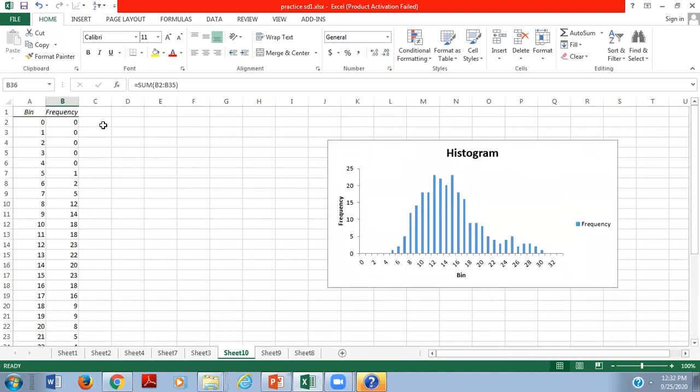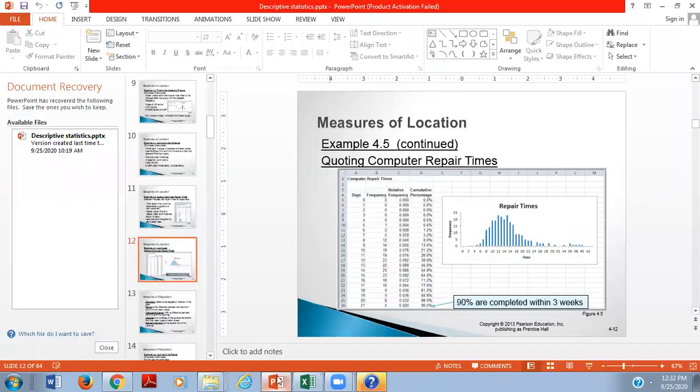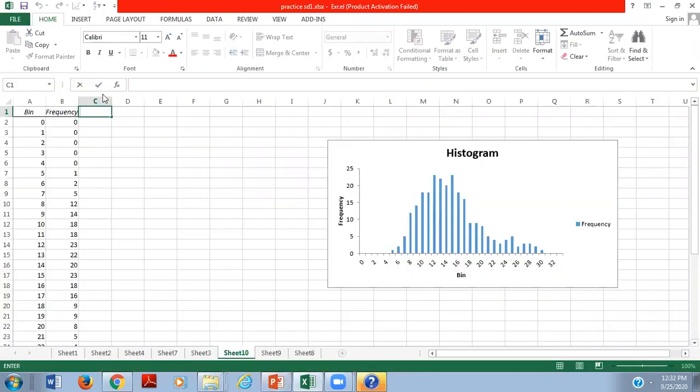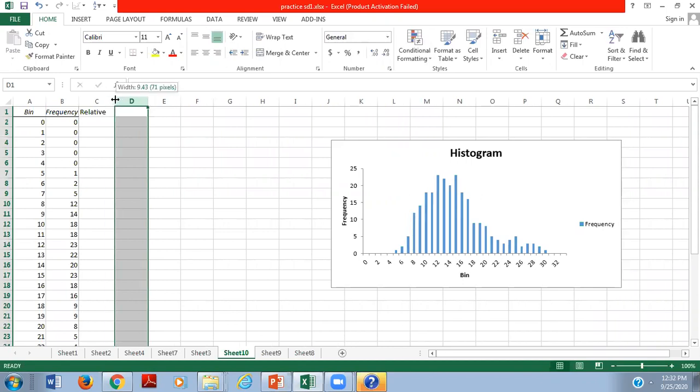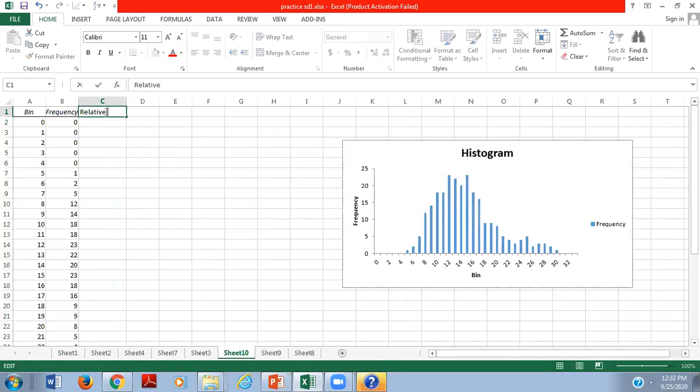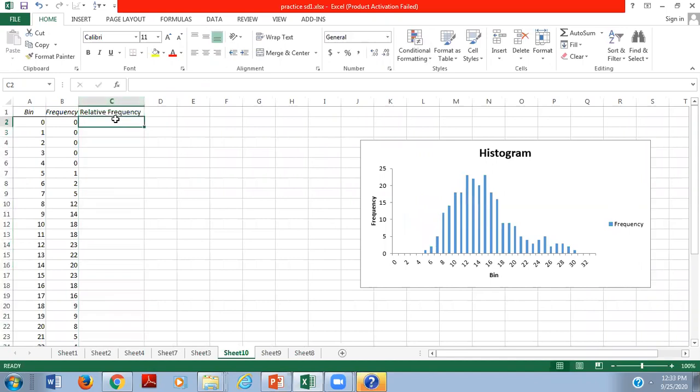Now we are doing the relative frequency, right? How are we going to calculate the relative frequency?